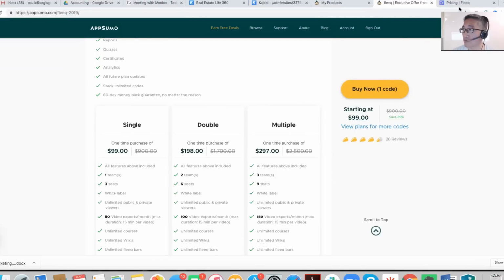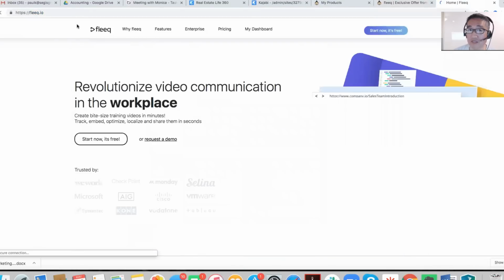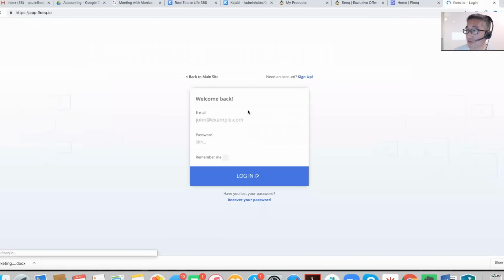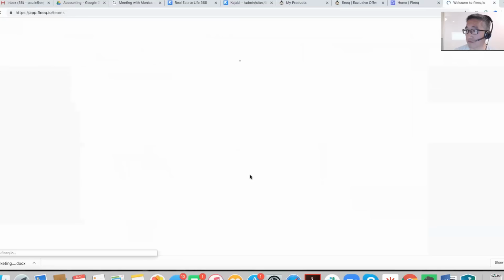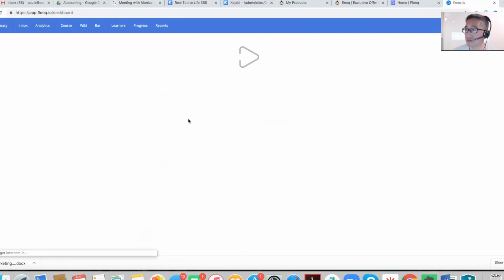So I'm going to log into Fleeq onto my account. I already customized it, so I'll show you here. I already connected 2 businesses, K Madison and Thegis Group. And when I logged into Thegis Group,